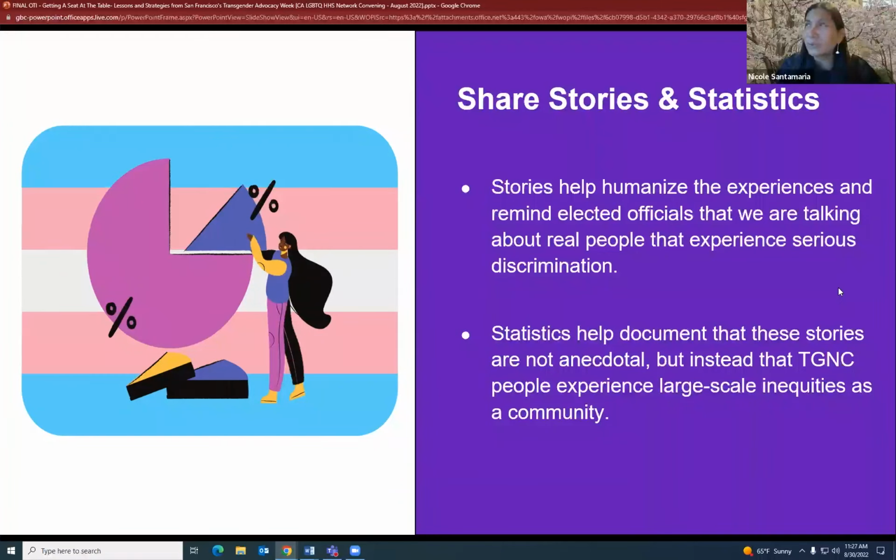They won't ever know what the experience is of a trans person, an intersex or gender diverse community. So coming with this acknowledgement and with this compassion as well, compassion on both sides,